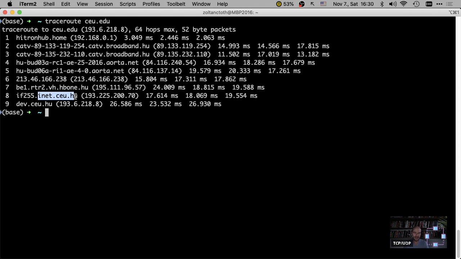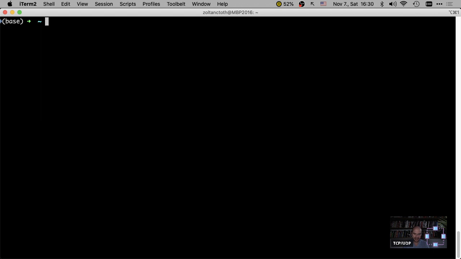So this must be a router that leads to CEU. And then here we go with the CEU web server. It's actually called dev.ceu.hu. So you see that this is 9 hops, so to say. These are the routers I'm going through to get to CEU. So it might seem that the CEU servers are in Hungary, and I'm in Hungary at the moment. So let's see what happens if I go, let's say,